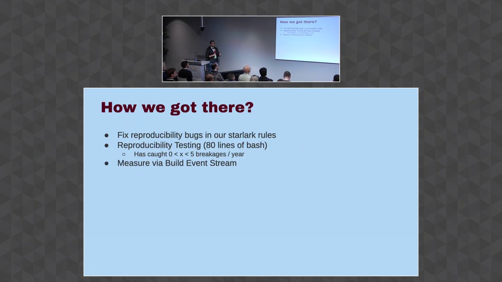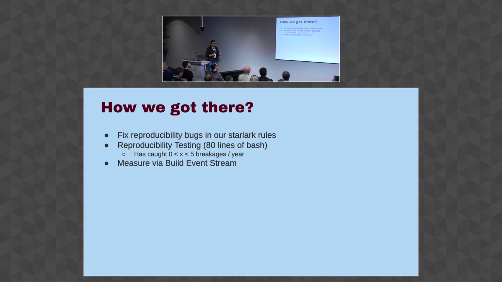How do we get to test caching? It's very similar to build caching. We need to make sure all our Bazel rules are reproducible. The first thing was we migrated all of our rules from non-Bazel to Bazel, and that worked out, but they were not super reproducible. If you ran Bazel build or Bazel test on a different machine, or with a different, randomized output base, you would see output that was not byte for byte reproducible. So first we had to fix that.